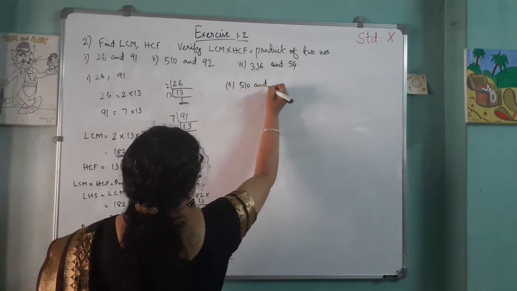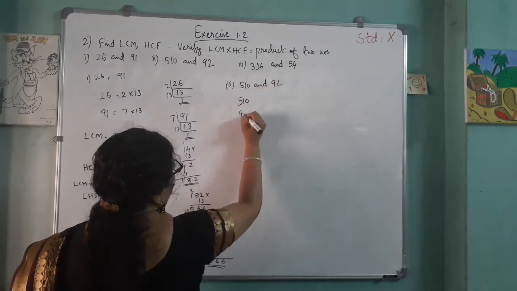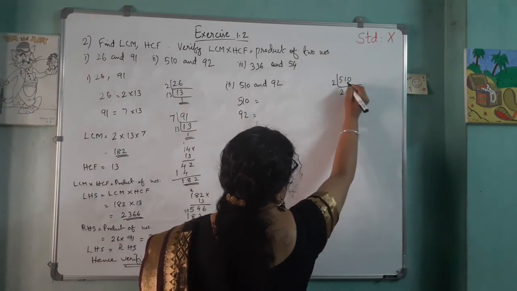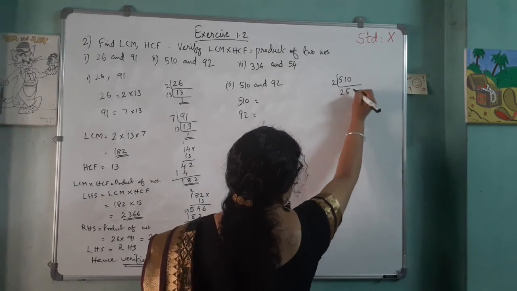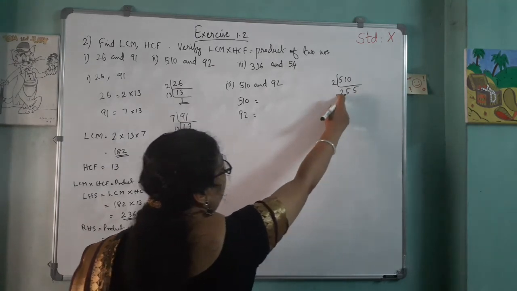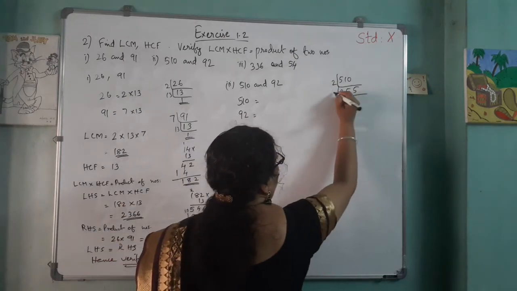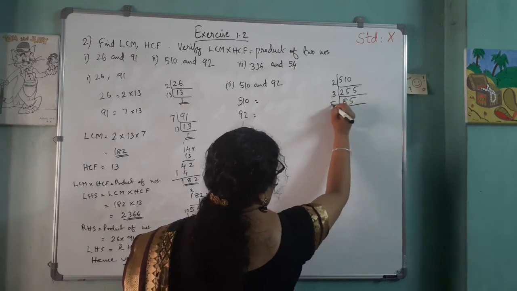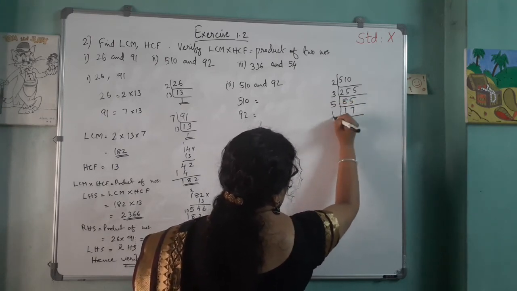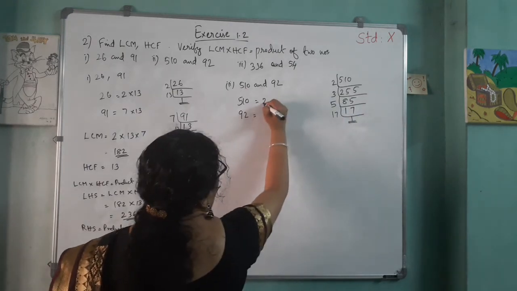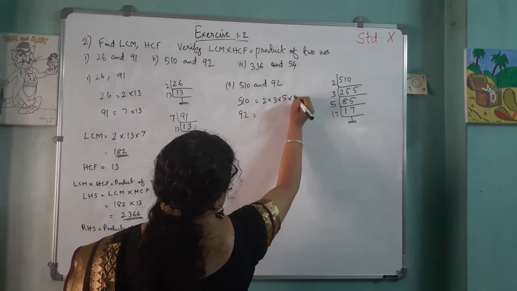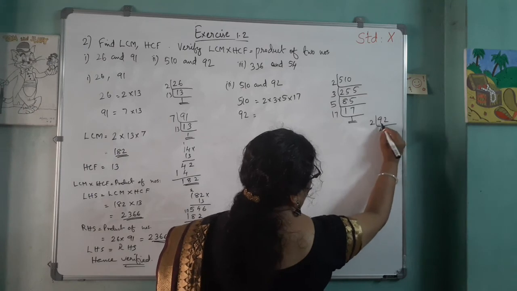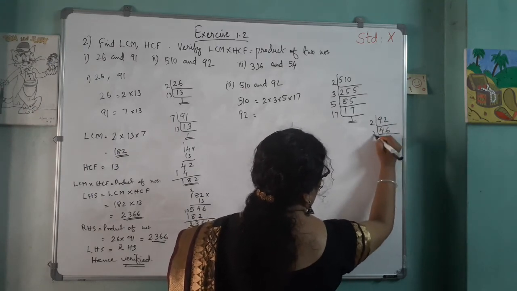510 and 92. So 510 and 92 we can factorize. First 510 even number, so 2, 2 times 4, then 11 5 times, then 10 5 times. Again 5 plus 5, 10 plus 2, 12, so 3 is a factor, 3 take outside, 8 3s are 24, 15, then 5 times. Then next 5, 1 5 is 35, 17, then 17 is a prime number, so we take 2 into 3 into 5 into 17. Then next 92. 2, 4 times 8, then 12, 6, then 2, 23.